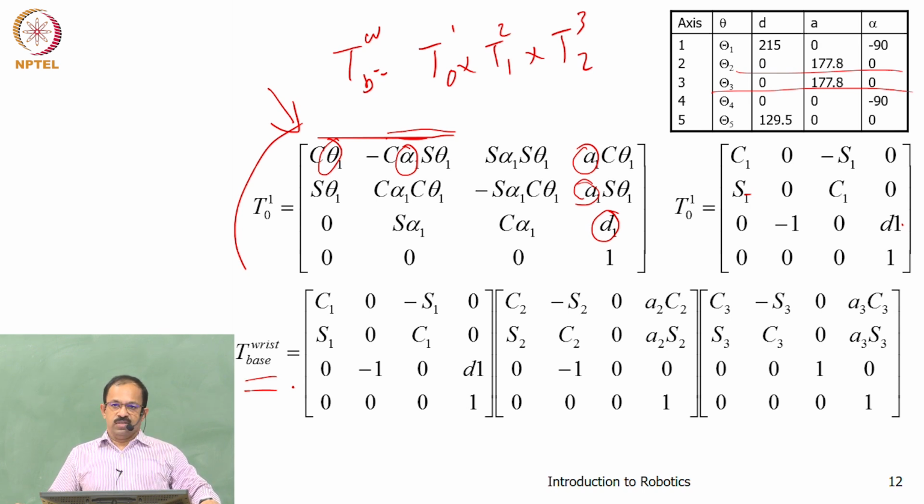You need to multiply this. This is maybe somewhere you make mistakes, but nowadays with symbolic computation, you can do it on a computer and easily get it. You can see here A2C2 and A2S2, A3C3 and A3S3 for the positions. If you go back to the picture, you will understand why it comes as A2C2 and A2S2, because you are moving up and down in the same plane. So your X will be A2C2 and Y will be A2S2.